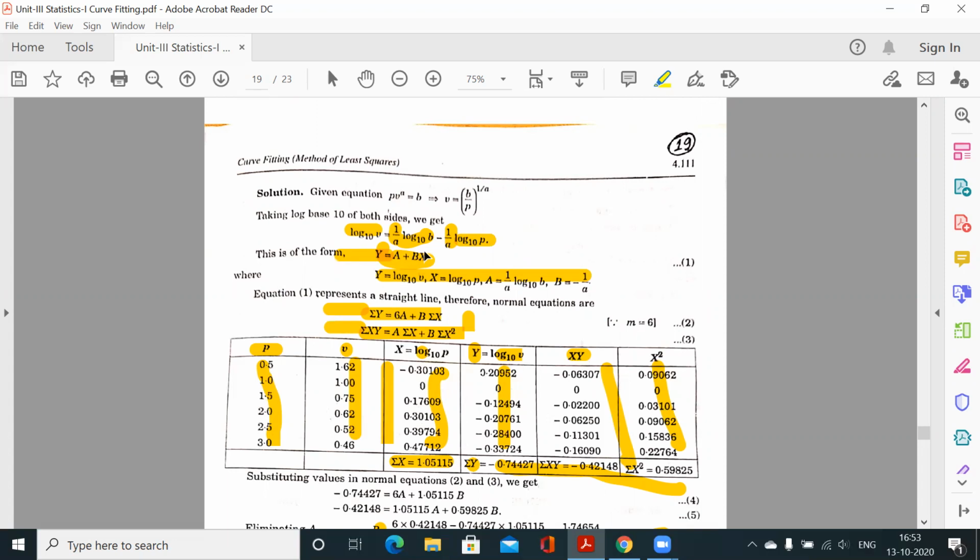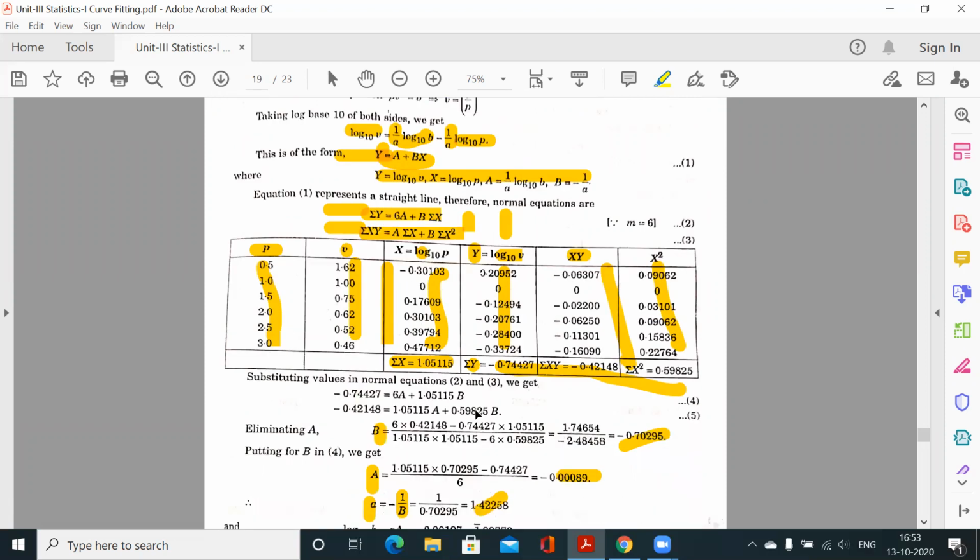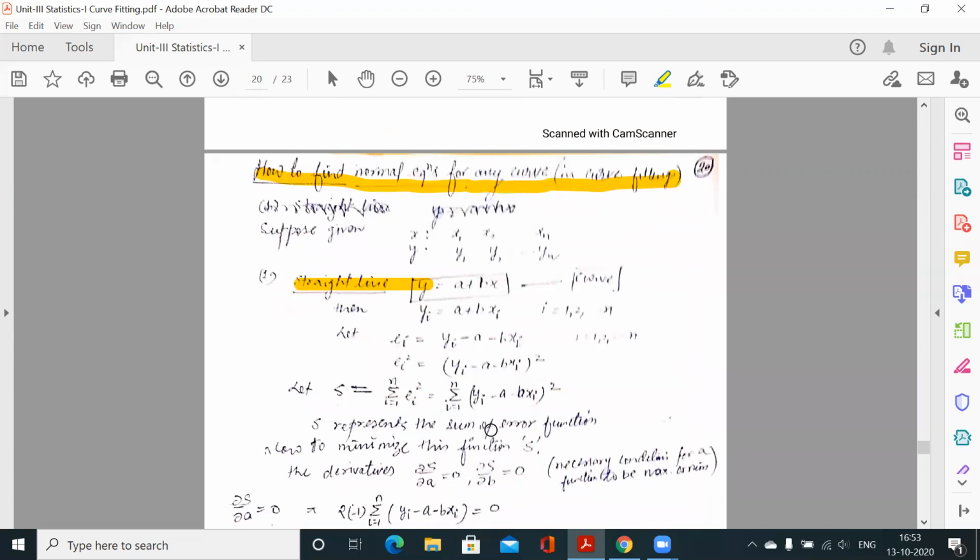इस केस में हमारा डिपेंडेंट वेरिएबल क्या है, कैपिटल वाई, इंडिपेंडेंट वेरिएबल कैपिटल एक्स। सो स्ट्रेट लाइन के केस में क्या मिलता है हमें, नॉर्मल इक्वेशन, एक बार समेशन ऑपरेट करते हैं, एक बार समेशन इंडिपेंडेंट वेरिएबल यानी समेशन एक्स। तो इनको ऑपरेट करके हमें दो नॉर्मल इक्वेशंस मिलेंगे।